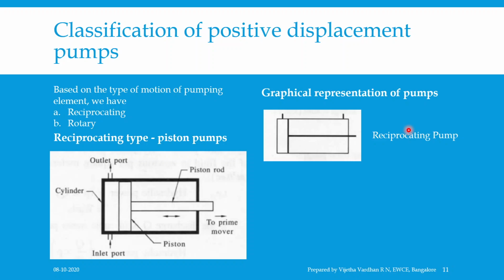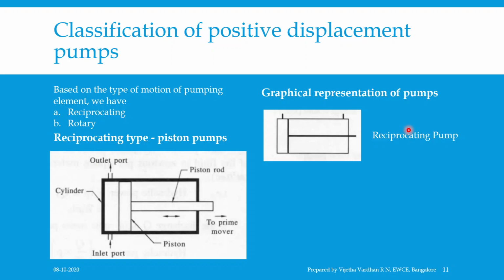And the other type, as I mentioned, the rotary pumps. The most commonly used pumps in a hydraulic system are rotary pumps for low to medium pressure. Although there are various types of rotary pumps available, the three important ones are the gear pumps, vane pumps, and screw pumps. Though there is some similarity in the three pumps in some degree of performance and application, they are completely different in their structure and usually serve quite different functions.